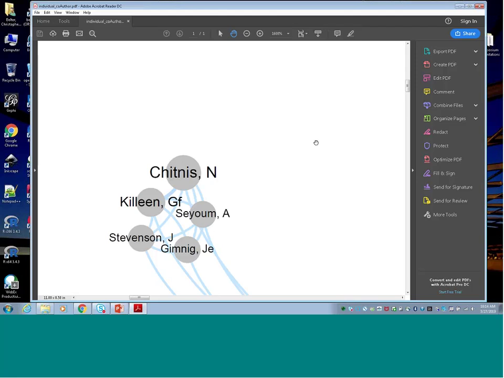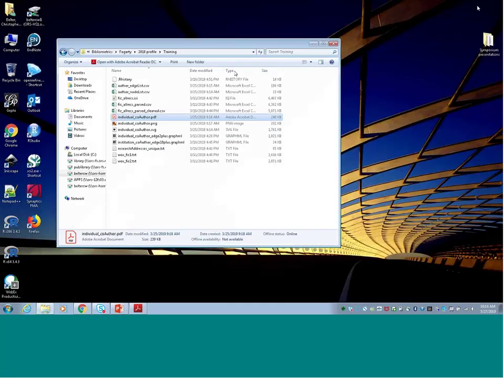So I can zoom in as far as I want to, and it will never actually get distorted or pixelated. So very useful file format. So what we're going to do is we're going to open up this co-authorship network, the .svg file that we